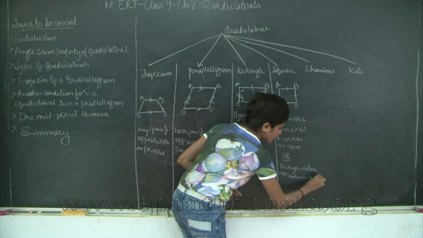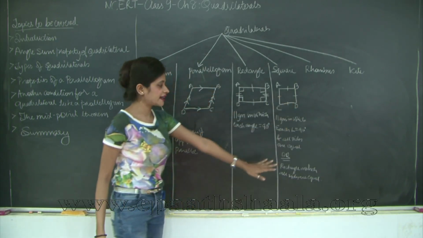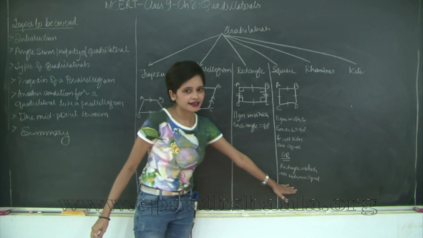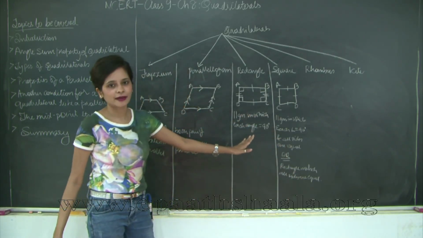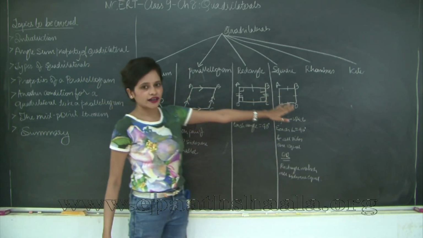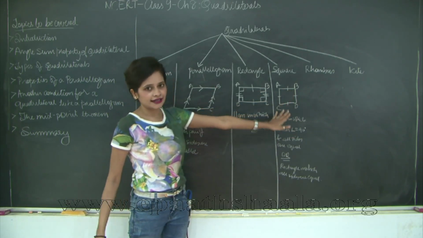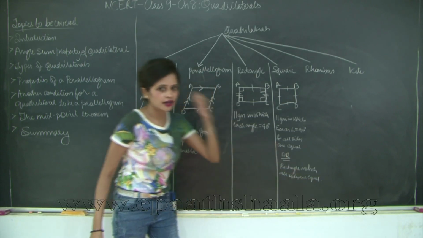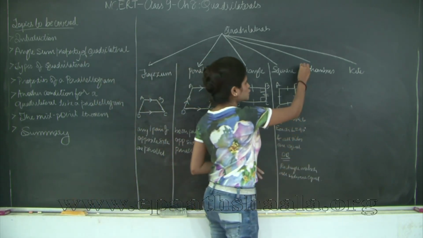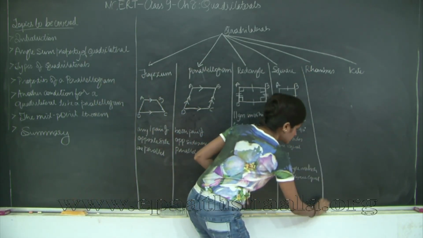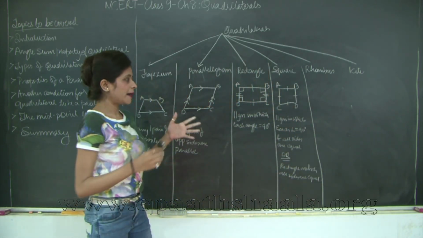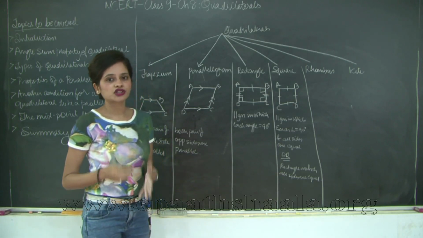When I define my square as a rectangle, I need not mention that each angle is 90 degrees, because when I call it a rectangle, it is assumed that each angle of my square is 90 degrees. So what is remaining is that each side is equal. So we just mention rectangle in which all sides are equal. Now let's move on to rhombus. A rhombus is a type of parallelogram in which each side is equal.